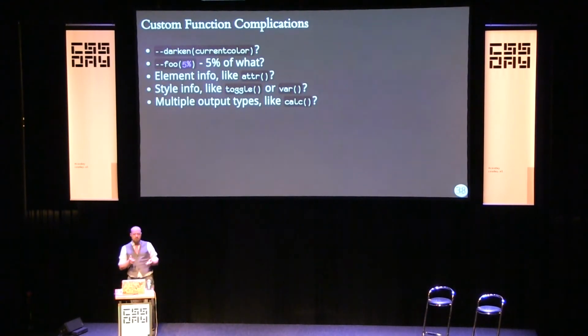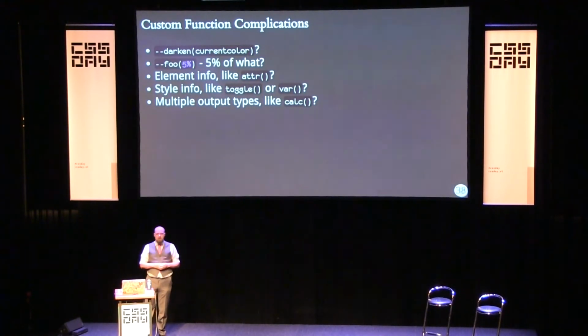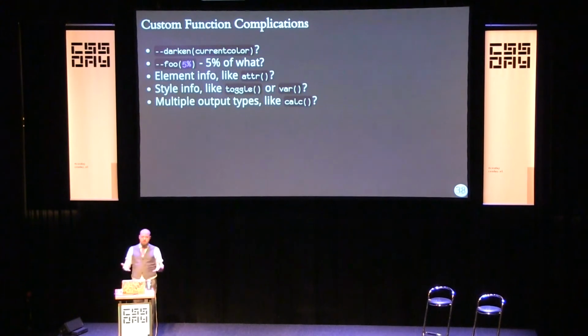This is going to have to resolve to a different value based on the element, and it's going to have to happen at a pretty late period in the value computation process. I'm not sure exactly how to indicate that and how to make it work automatically in the API yet. So that's something that I'll need to think pretty hard about in the future. Similarly, if you pass a percentage, in CSS, percentages are almost always relative to something. If you want to use a percentage in width, for example, it's relative to the width of the container. So when you use a percentage in a function, the question then becomes, what is that percentage relative to?